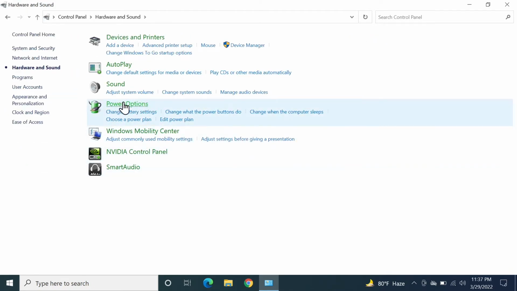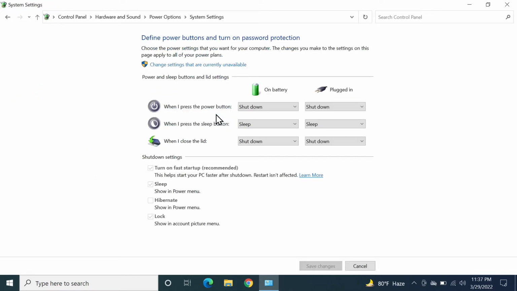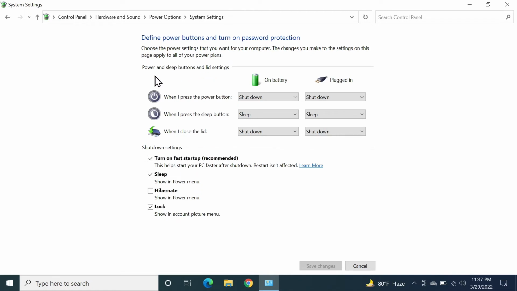Now from here under the power options, click on change what the power buttons do. Now as you can see here, the fast startup option is enabled. Now to disable it, click on this option here, change settings that are currently unavailable, and that will allow you